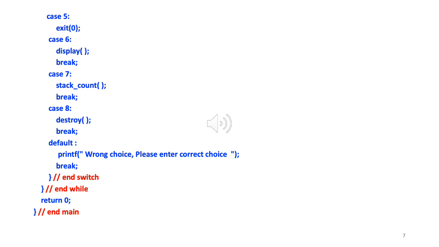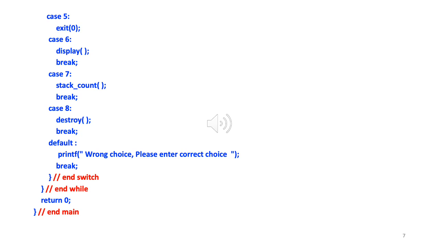And what is the default case? So default case is when the user enters something which is not in the set of 1 to 8, right? So something like 9 or A or whatever. So in that case, we say printf wrong choice, please enter the correct choice. Okay. So wrong choice, please enter the correct choice. And then we break, which means we get out of the switch. Right. And then what happens is they'll get a chance to enter the correct choice one more time.